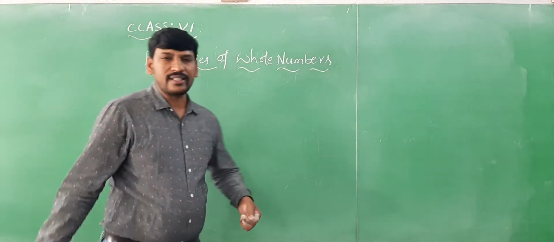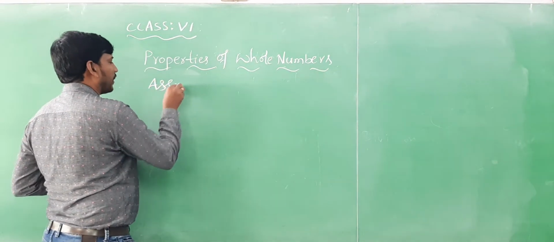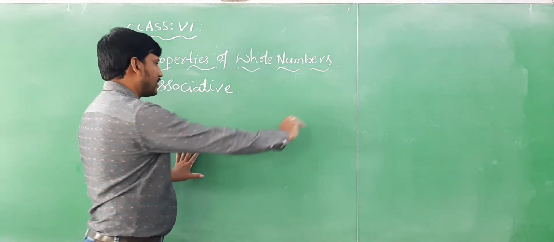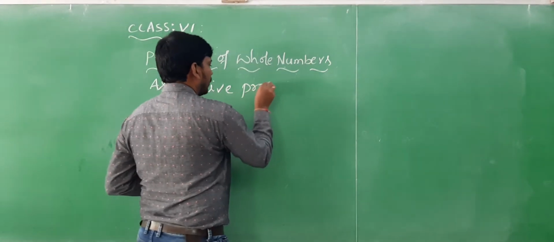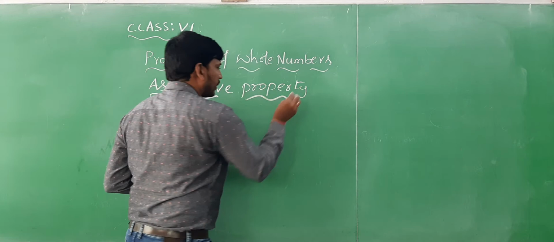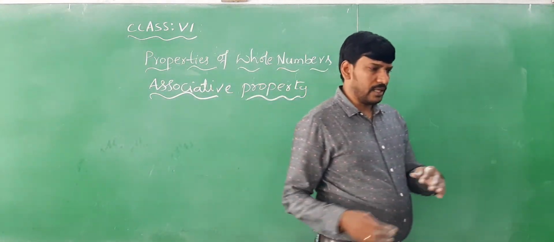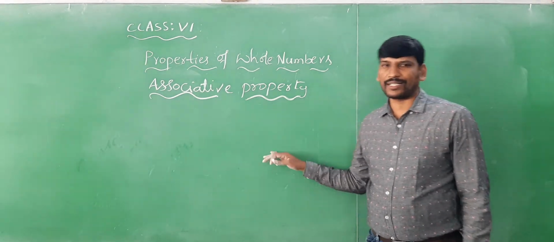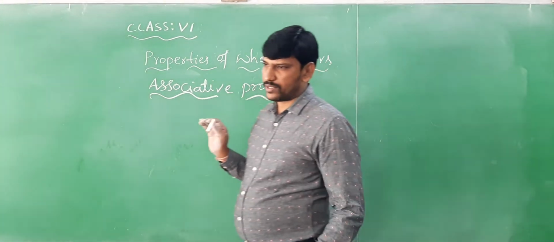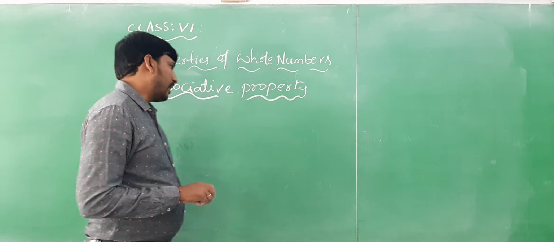Right, children? Let us discuss associative property. The third property is associative property. So till now we discussed two properties, that is the closure and as well as commutative property. Right? So what is associative property? Here we will take three numbers. We need to check under addition, subtraction, multiplication, and division. To understand very easily, first of all I am going to explain under addition and as well as multiplication. Okay? Let us discuss.